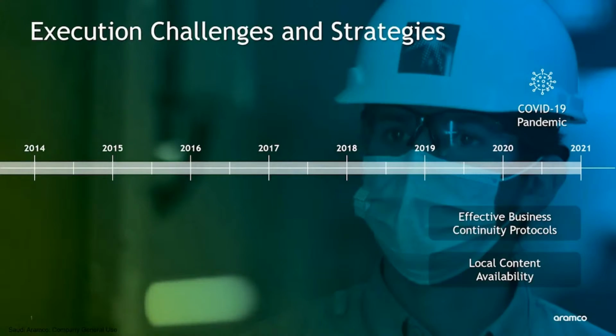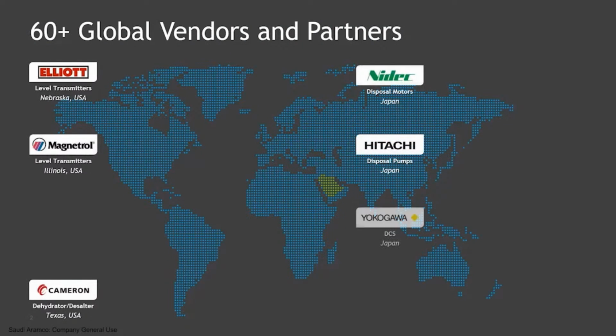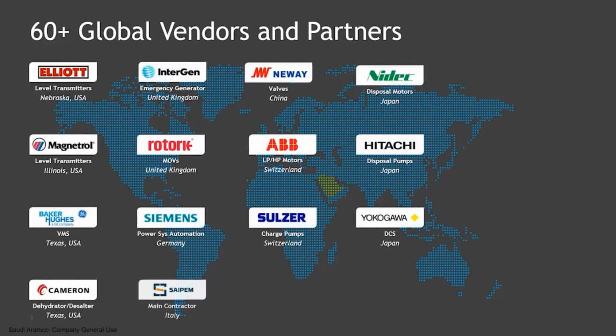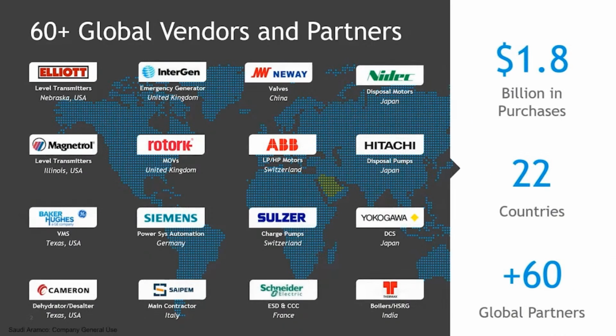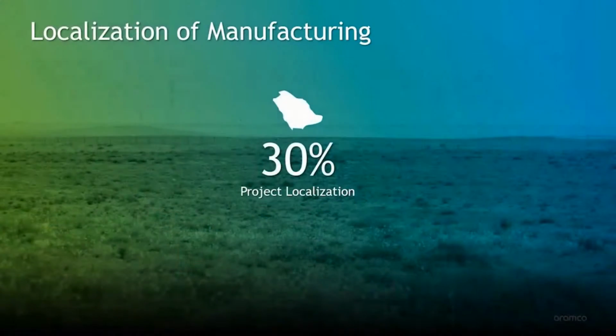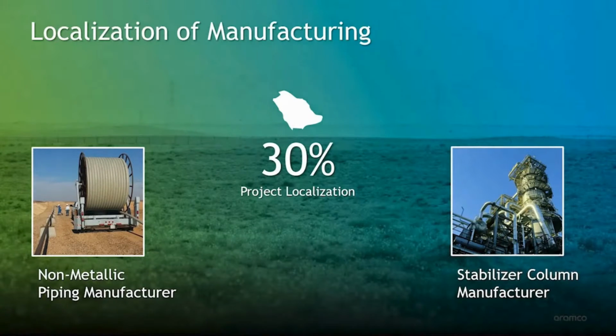Beyond resilience, vision also requires collaboration. And the expansion at Khurais saw Saudi Aramco working closely with both our local and global partners. The project involved a total of $1.8 billion worth of purchases from more than 60 global partners across 22 countries. Fully 30% of the investment is allocated in local content and capabilities, including significant involvement of local contractors and local